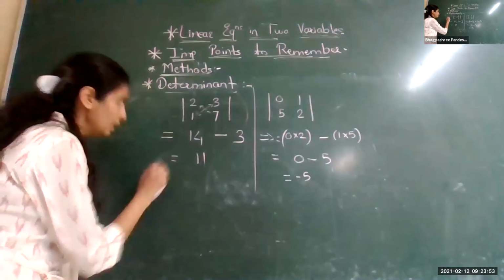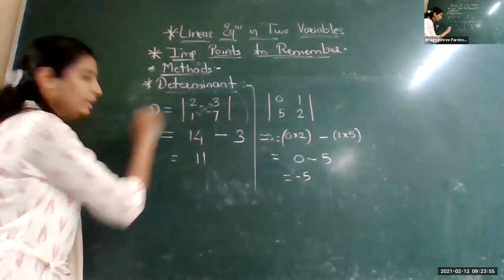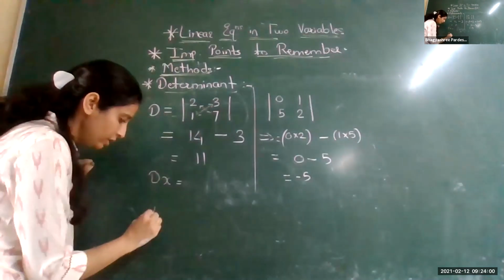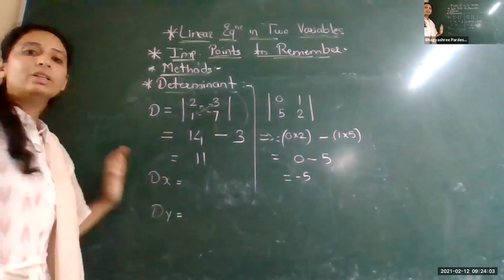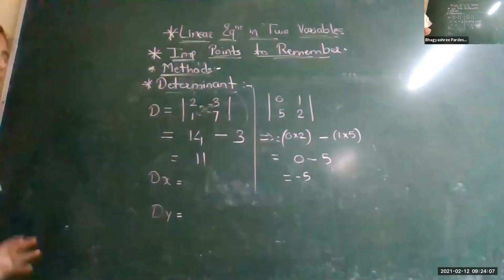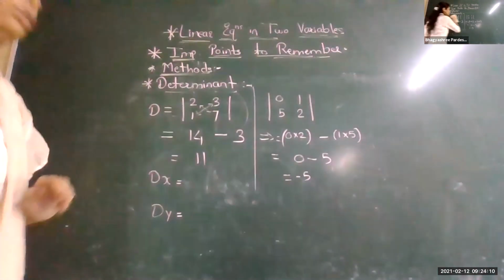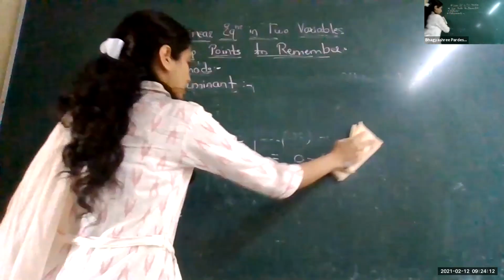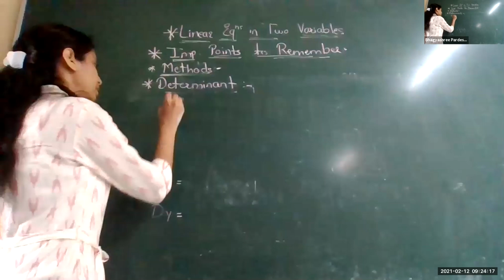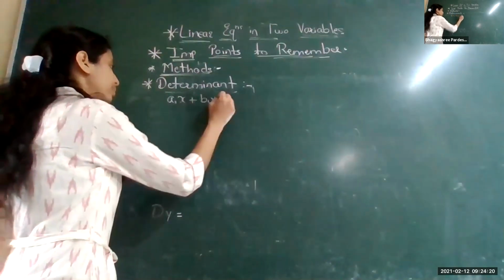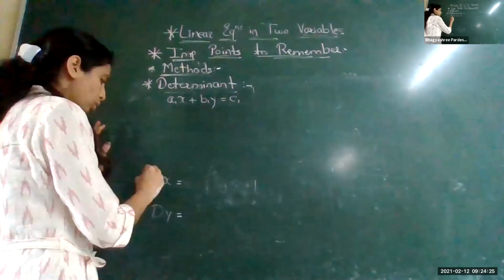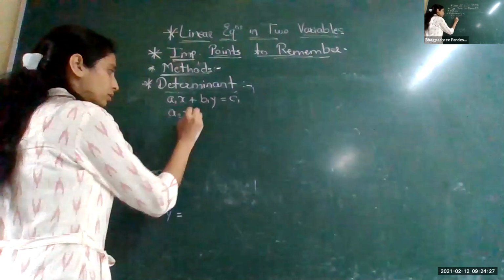Next, this is denoted by D. Okay. Next is Dx. And one more is Dy. So what is Dx and what is Dy? These are the most important. For this, we are going to take two standard linear equations. Okay, suppose this is a1x plus b1y. This you must remember properly, students. Then and only then can you solve Dx and Dy. Very easy. Just you must remember this.